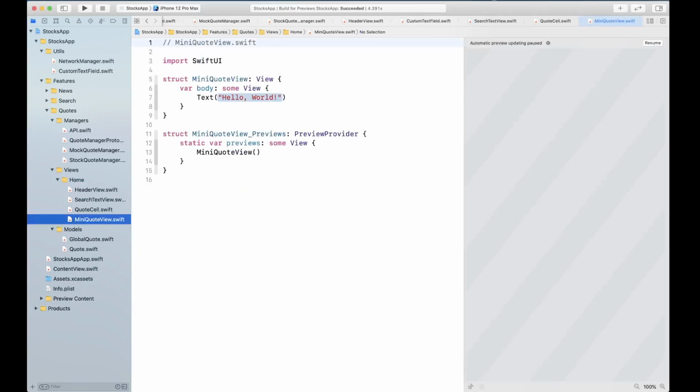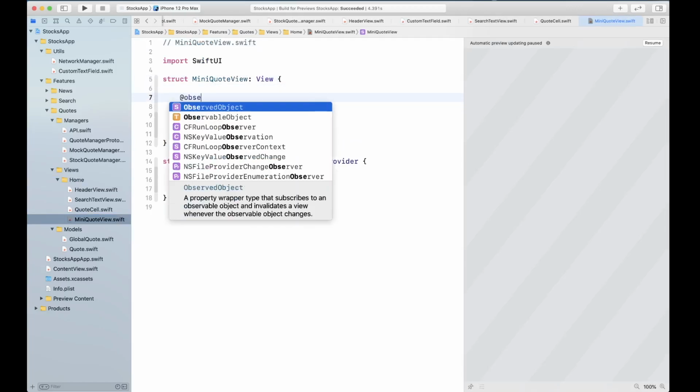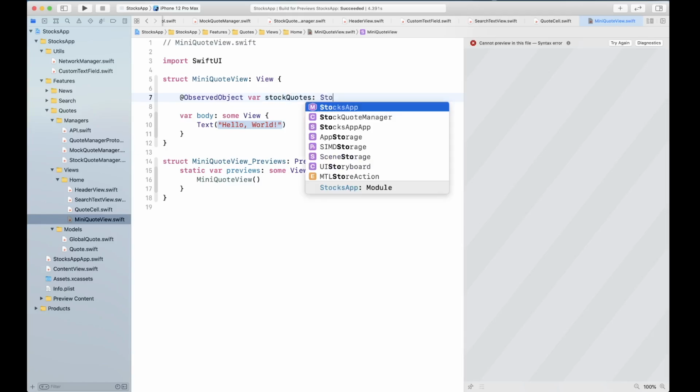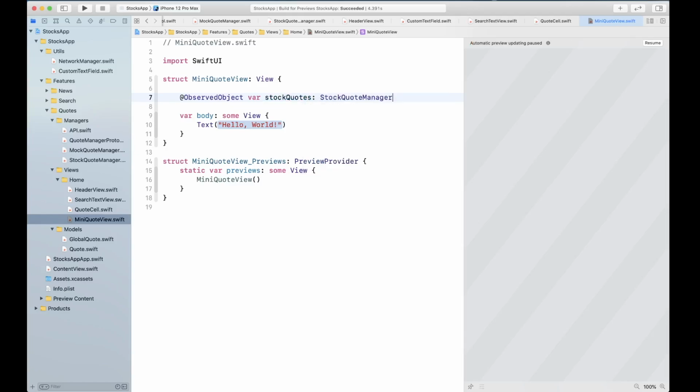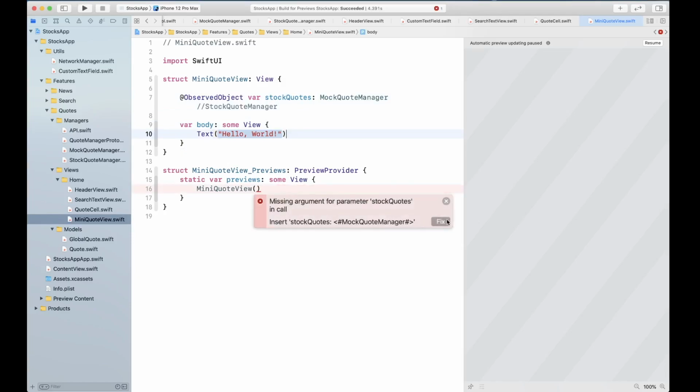All right, and this mini quote view is first of all going to receive an observed object of type stock quotes, which ideally is going to be stock quote manager, but in order to work with just sample data, we're going to use mock quote manager. Okay, and let's go ahead and initialize that.